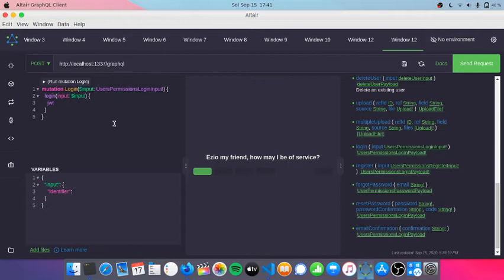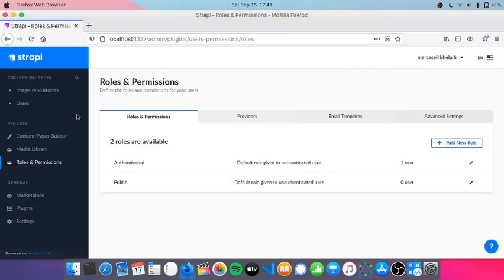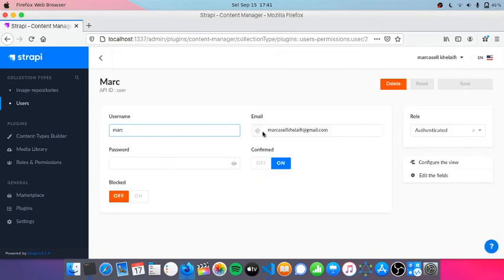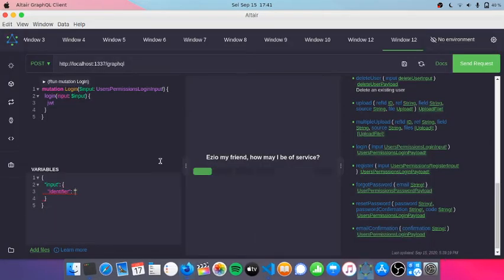So the first one is identifier. This has to be your username or the email. So if we look at this one, the username is Mark, the email is this email. I will just put username here, put a comma, Ctrl space, choose password, and then this is the password, dummy